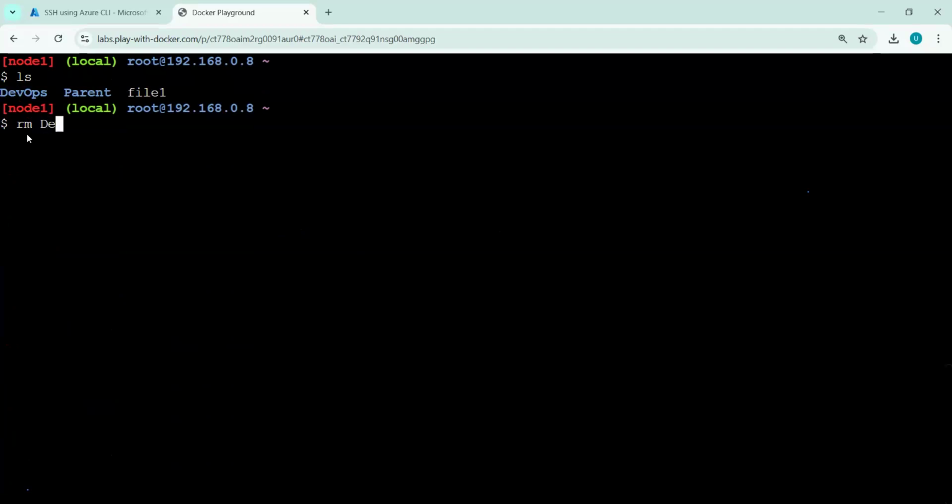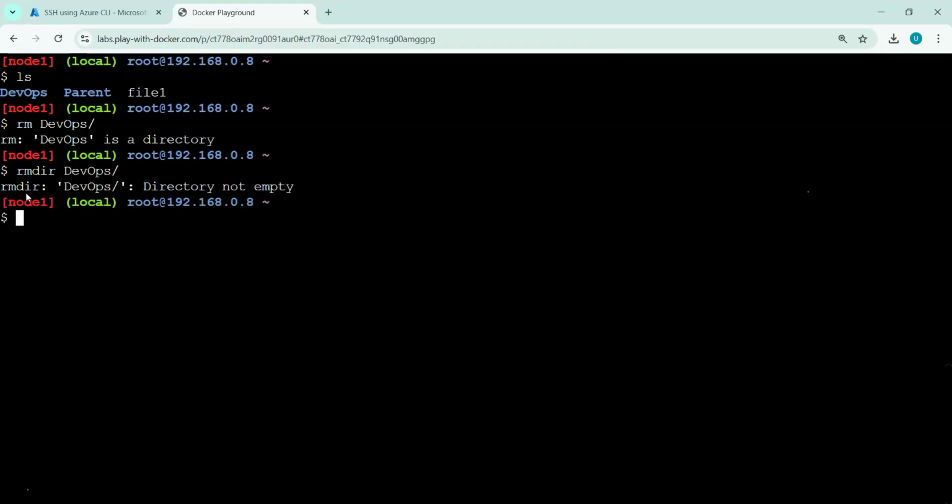Can we remove it? So you can see DevOps is a directory. We cannot remove that because rm is used to remove the files. So what is the command to remove that? The command is rmdir. Just like mkdir, make directory, rmdir, and we can remove the directory.